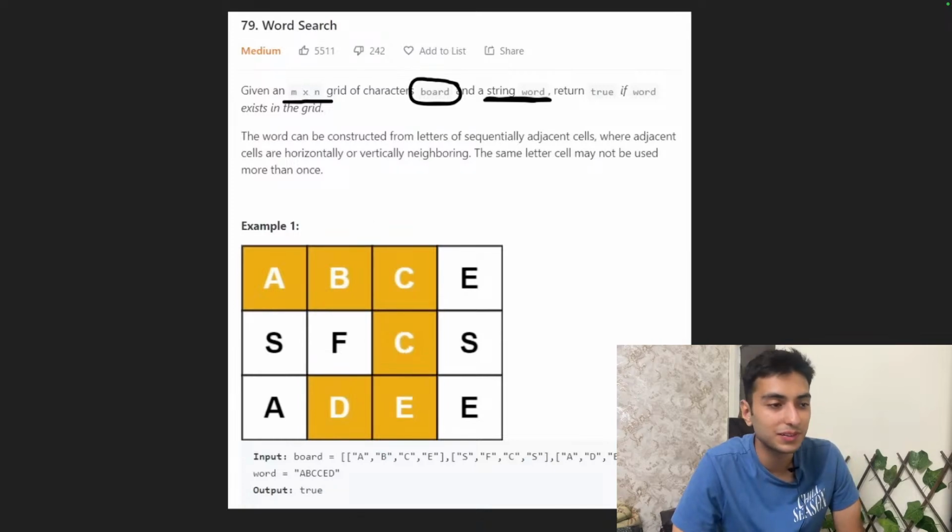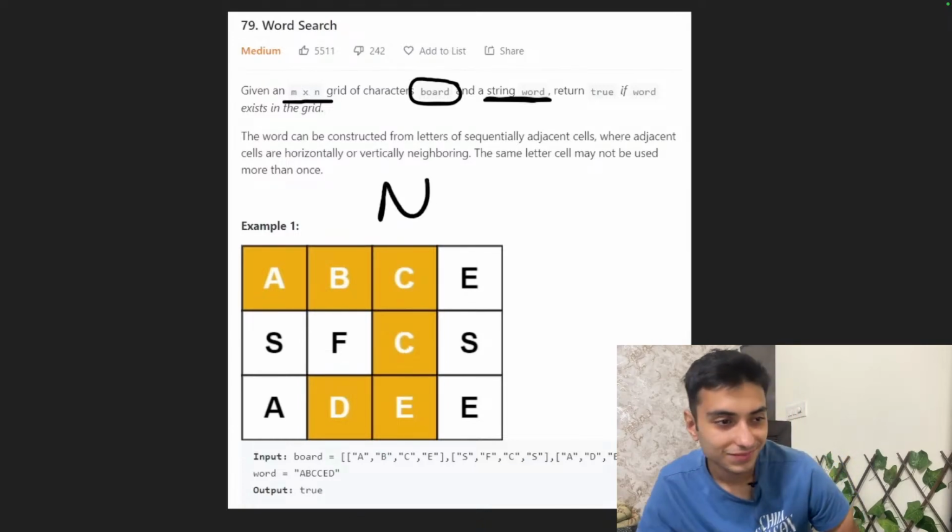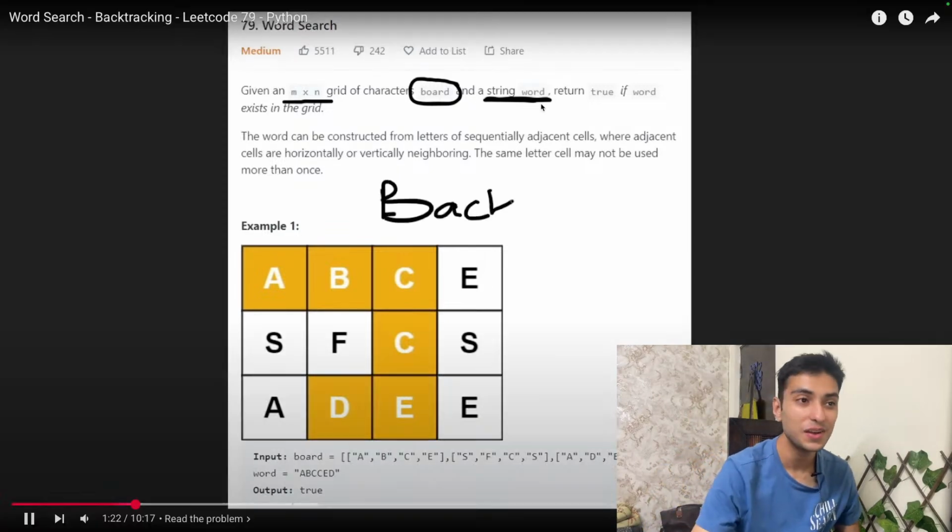Now, the question you're wondering is how can we figure this out? Is there a really efficient algorithm to solve this problem? The answer is no. There's not a super efficient one. So we're just going to go through the brute